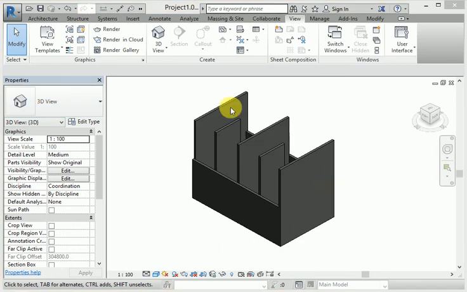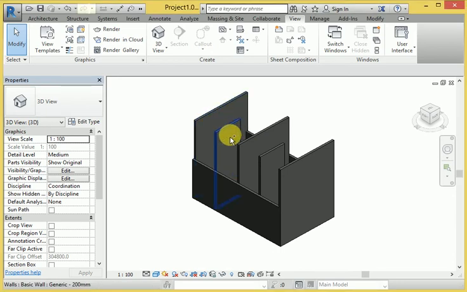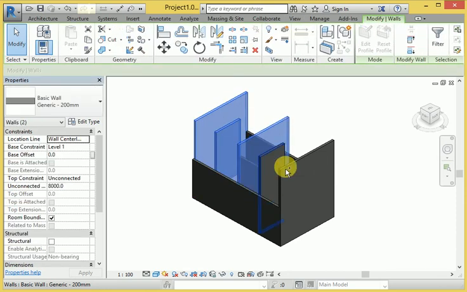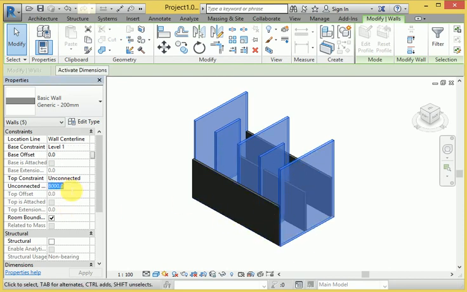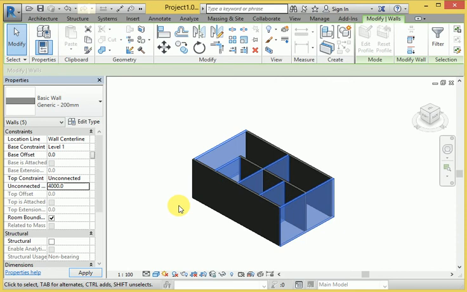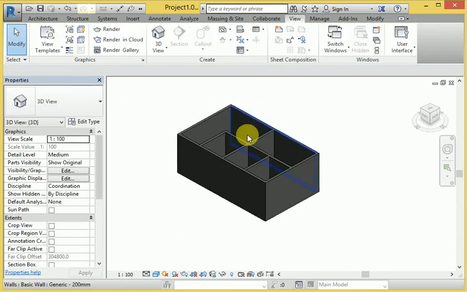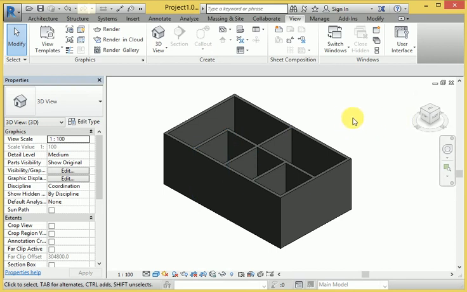Look at this, we have converted to the 3D view, but some walls have not been resized, so I click one time on both walls here. Again I will show you every wall selection one time. All walls have been selected and we change the dimension height to 4000. So see, this whole diagram has been changed right now, and this is our 3D design.